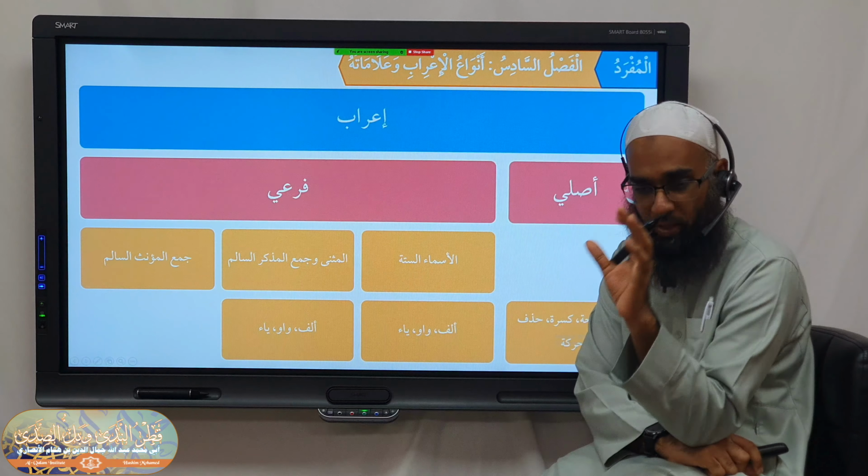Now, what do we normally say? We say here, Jam'ul Mudhakkar As-Salim has the i'rab of atun atin. Yes? But he doesn't say Jam'ul Mudhakkar As-Salim. Again, remember it's getting technical now in Nahw. So he's saying, for example, this rule. Remember when we were saying Jam'ul Mudhakkar As-Salim? We said Ibnuna separately. We didn't say Ibnun was a normal Jam'ul Mudhakkar Salim. Why? Banun, sorry. So we said, technically speaking, Banun is not the Jam'u Salim of Ibnun.